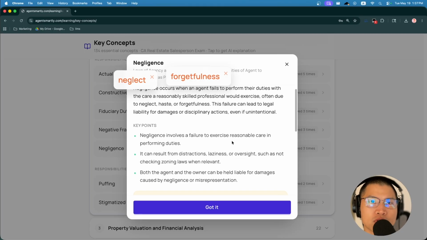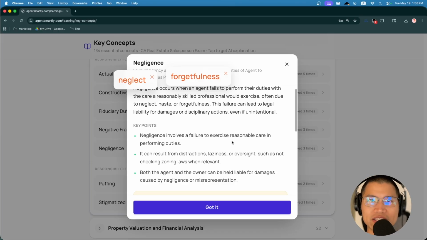Let me give you guys a very simple example. Let's say you have a buyer client who's overseas, and the buyer client says, hey, the roof has some really bad leaks, right? Go to my house and replace the roof for me. In the dry season, the house will be fine, right? But because you're so busy as an agent, you forgot to replace the roof, and the rainy season comes, and the rain damages the floor and the house overall. That's your mistake, and that's called negligence.